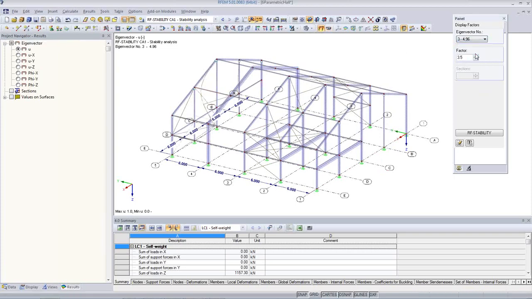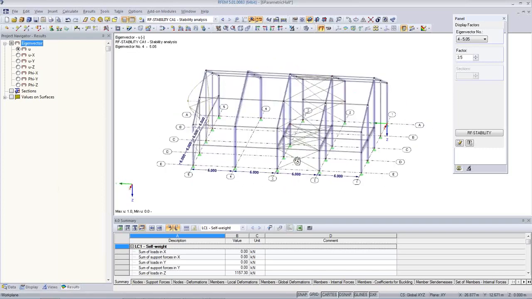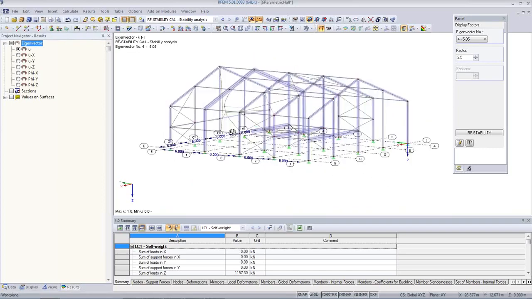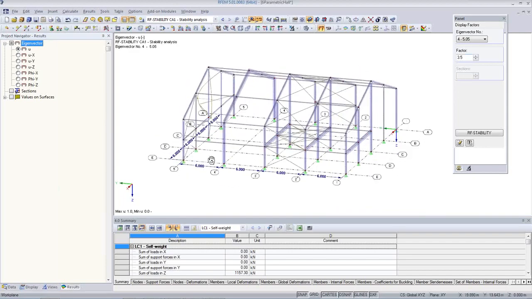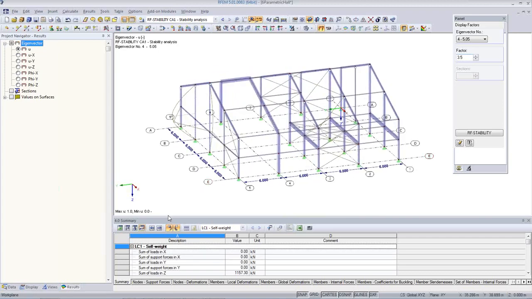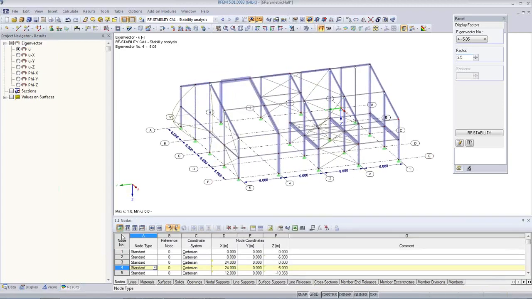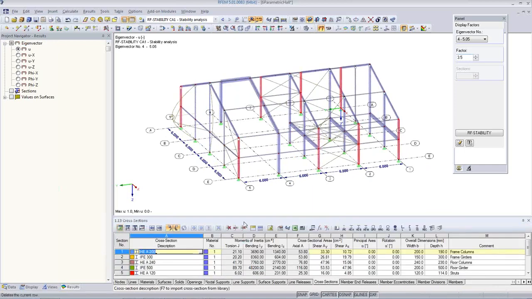And the third mode is here. The fourth mode is here. So this is most likely where I have a problem, because this mode belongs to this critical load factor. Okay, what I'll do now is I go to the cross sections here, and I have a list